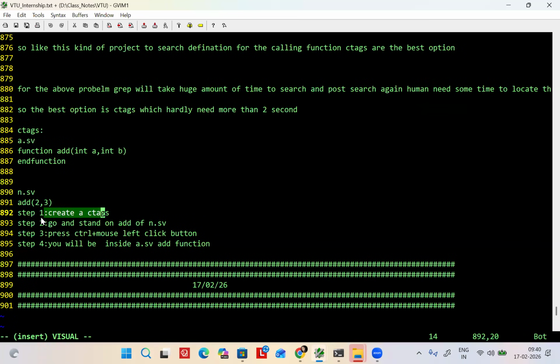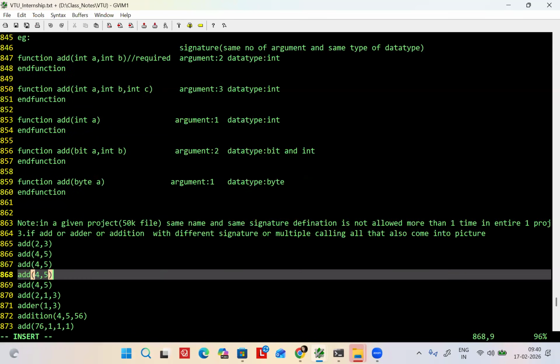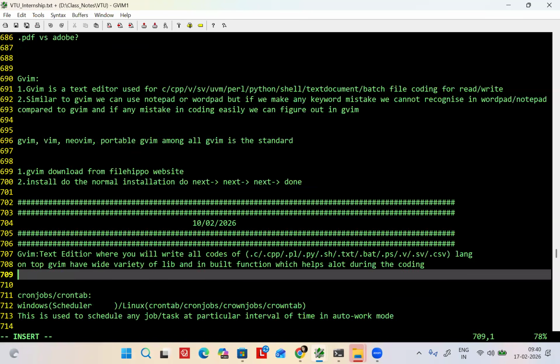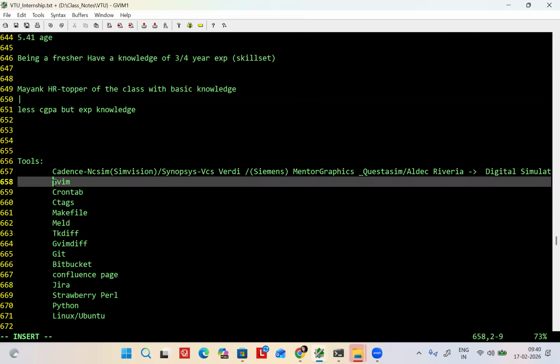So I think I have already shared the steps to create a ctag. Go and stand on whatever function name is there, press Control plus mouse left button, and it will go inside that particular file. These are all the things you learned last class. So now GVim, you know,